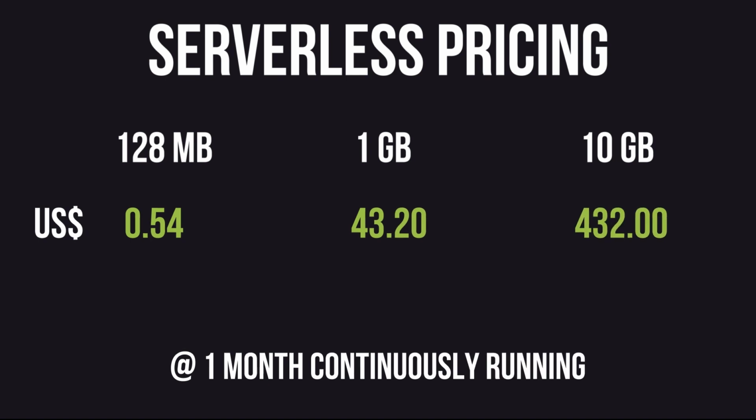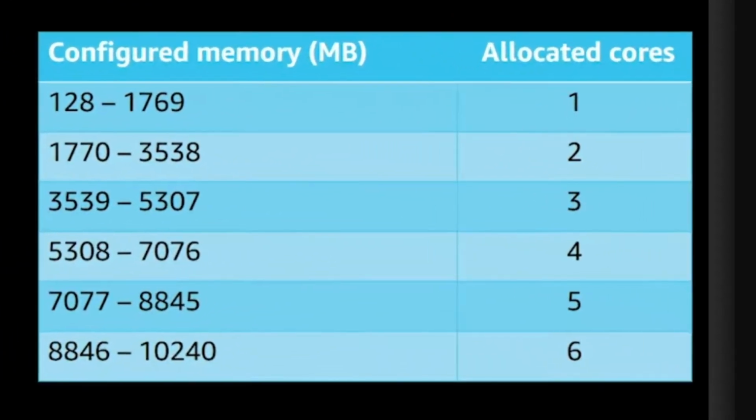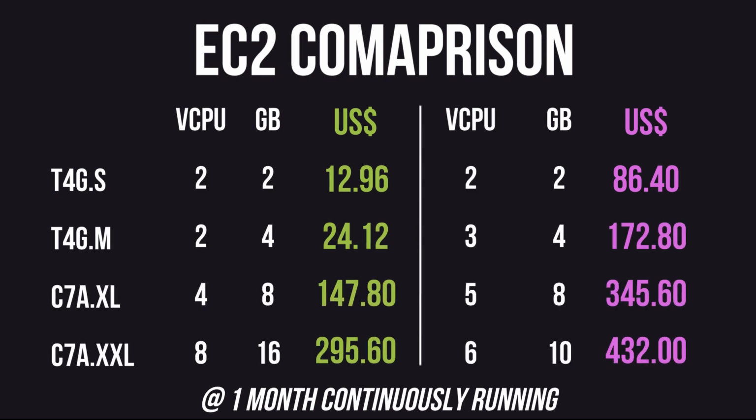Now, when we look at what an EC2 instance would cost us, we have to think about what resources Lambda actually provides us with. According to the 2021 re:Invent, the number of vCPU allocated to a Lambda function is based on the memory allocated. Up to 1.8 gigabytes, we get a single vCPU, and it goes all the way up to 6 vCPU from roughly 8.8 to 10 gigabytes. This leaves us with these 4 EC2 machine sizes to compare it to. And we see that Lambda sets us back about 2 to 8 times of what a permanent on-demand server would